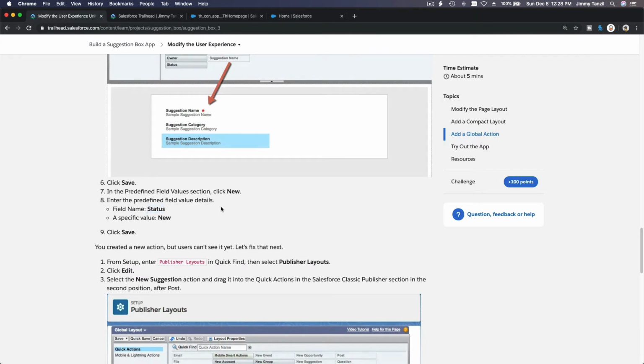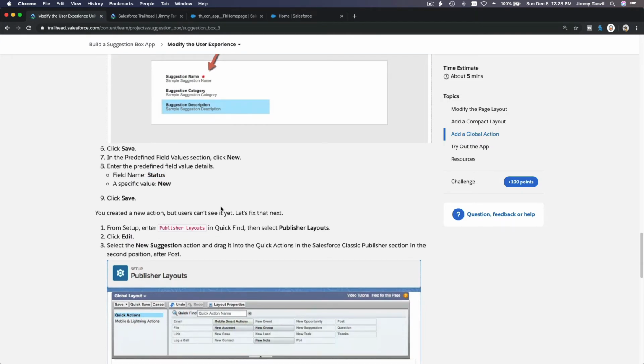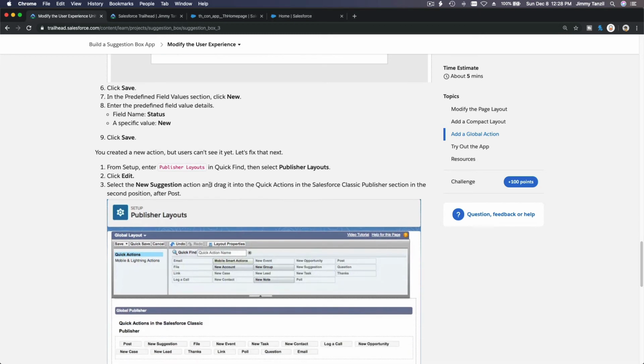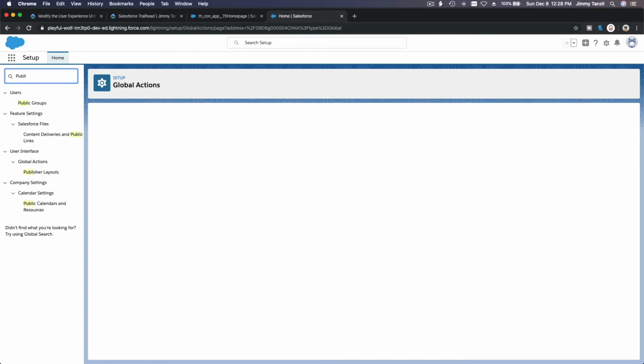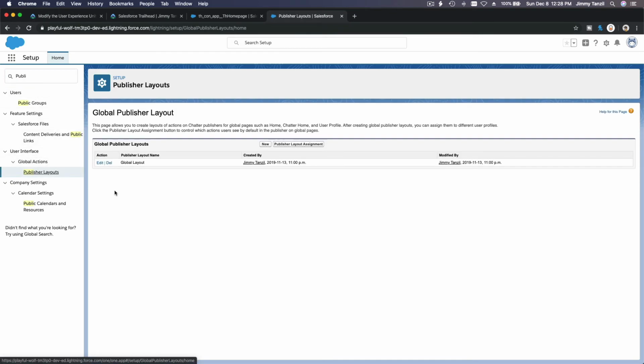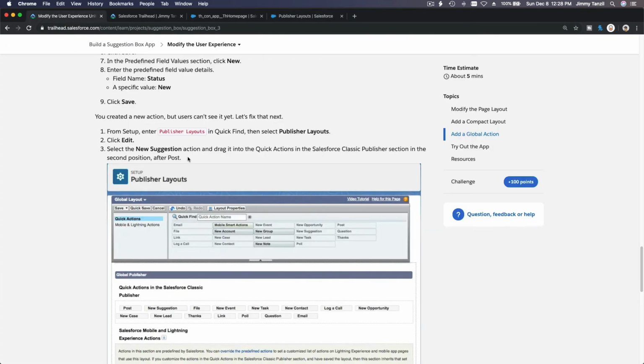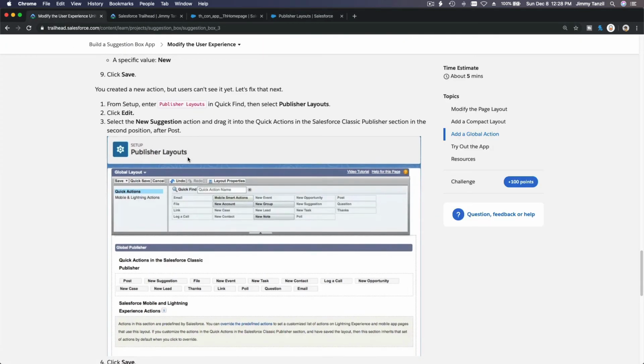Go back there. Now, once we have created the global action, it's created, but it's not sticking on anywhere. So we want to stick it by using the publisher layouts here, right? So go to the publisher layouts, under setup, type publisher layouts on here, and let's see what they want us to do. Select new suggestion action and drag it to the quick action, the publisher layout, and then select publisher layouts